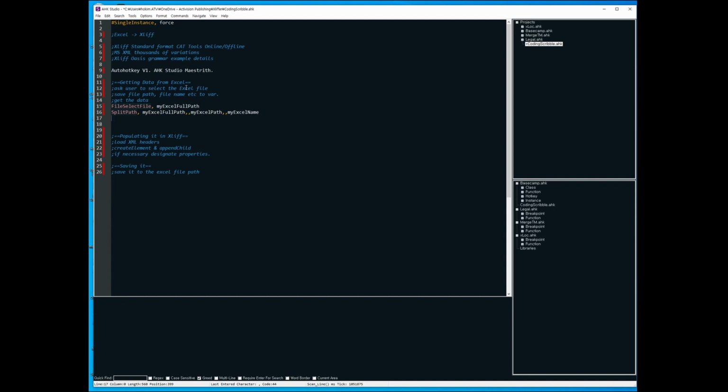Ask the user to select the XLIFF file path. After that, I've saved it in a variable, and I have to get the data from Excel. Here there's something very interesting about Excel. What you're going to use here is a thing called a COM object. And when it comes to COM objects,